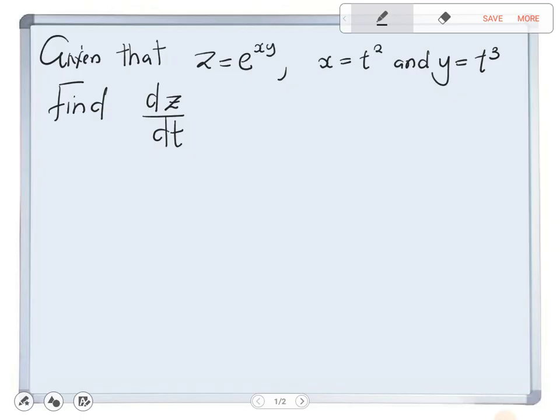And we are going to employ what we call the multivariable chain rule, or in short, I can just say the first chain rule of calculus involving several variables. So we are going to employ partial differentiation in order to help us find dz/dt. And how do we do that? So dz/dt,